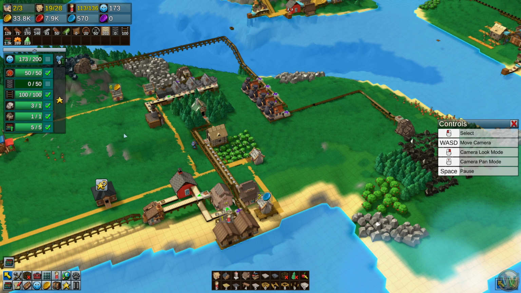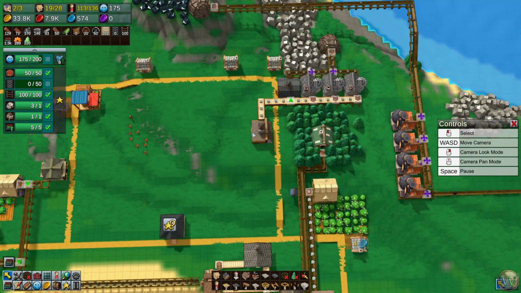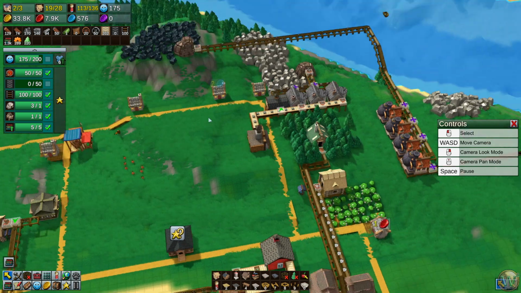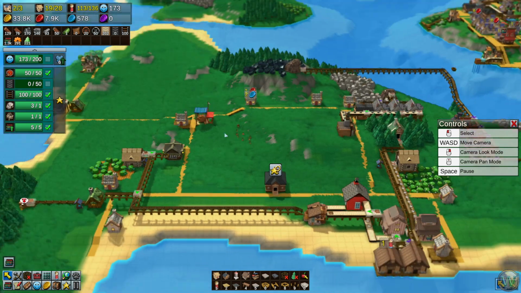And then we need to worry about happiness, which means we'll need to sell a few more things to the store here. That's already backed up. Okay, I did a little overkill. That's fine. So we'll do all that, and we have a town specialty star available too, which we will do